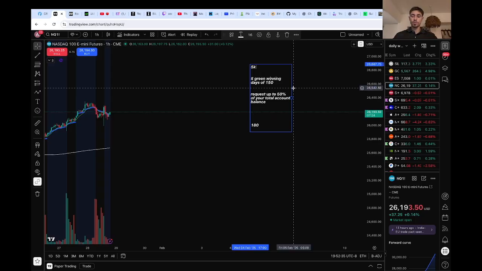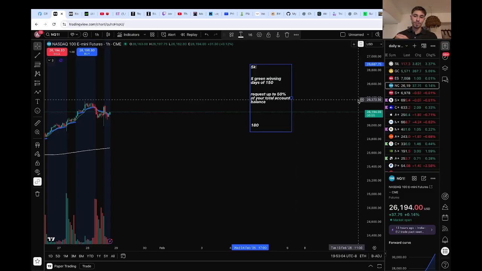Now, why a lot of traders do fail those challenges is because they don't have a strategy, they don't know how to trade, and obviously, if you don't know how to trade, you're not going to pass the challenge. So yeah, it is recommended to learn how to trade first and build up a strategy before even attempting this. Otherwise, you're going to be paying for challenges, and that's where prop firms just make money off you. But the goal is to make money off of them, right? And so that's why it could be helpful.